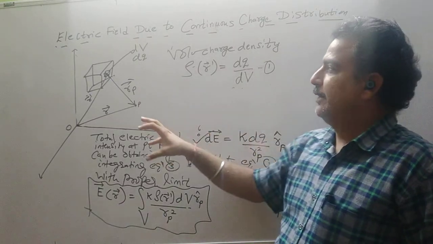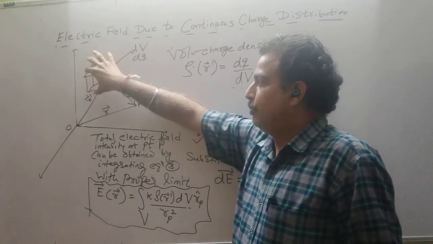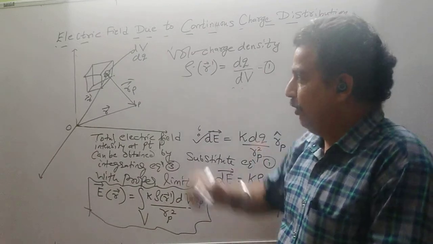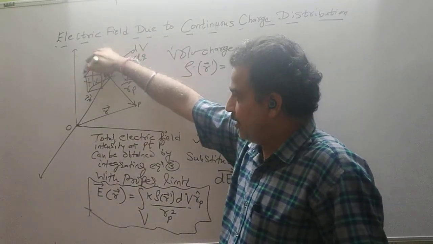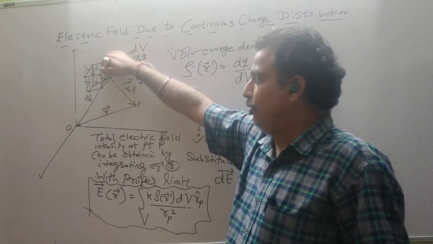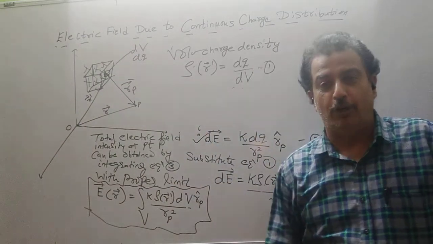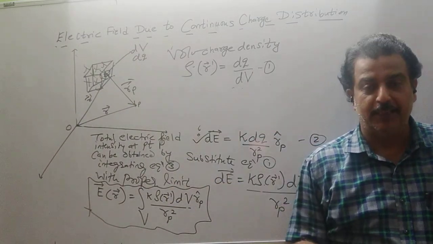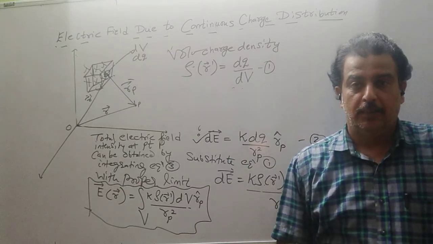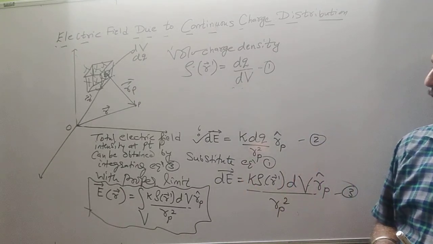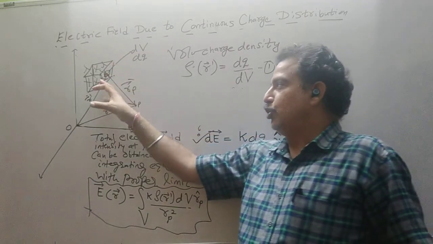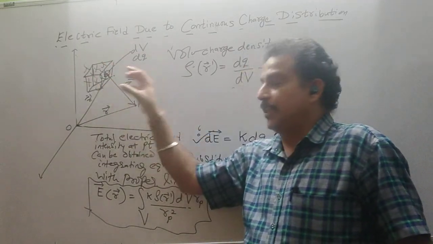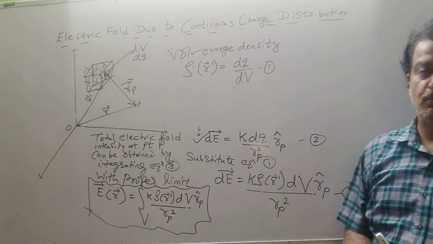Only the step is whatever the object is given on which the charges are uniformly distributed. Charges are distributed on the surface. It may be non-uniform or uniform. If it is uniform, then there is no need to divide this into a small element that we have seen in the last lecture. Simply you can apply the formula, but for non-uniform distribution, the entire surface has to be divided into small elements,